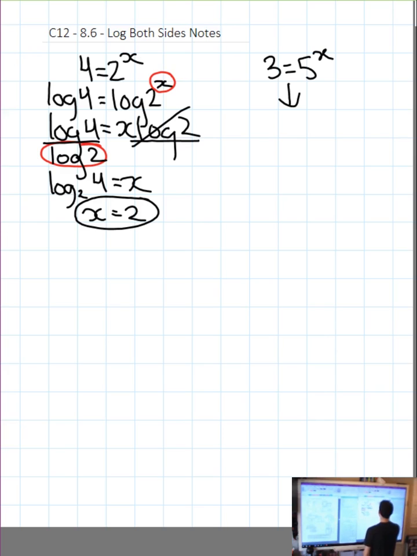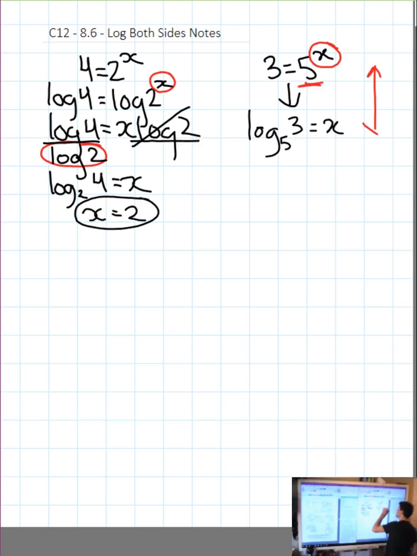So remember, the base of the exponent is the base of the logarithm. And remember, the exponent is the answer. And the 3 goes there. It's going to be a lot easier to go this direction, but we have to remember we can go this direction. Then, for example, we could type it into our calculator with math alpha math, and we could get our answer